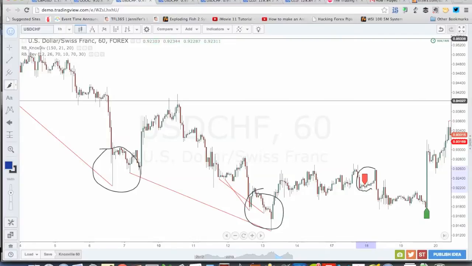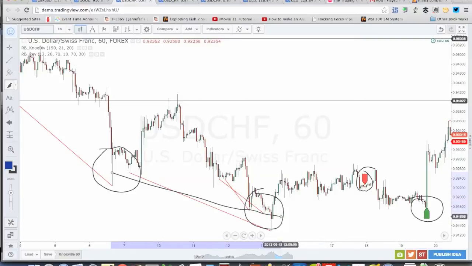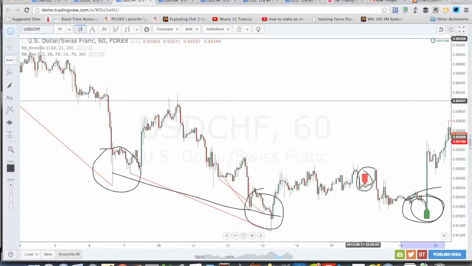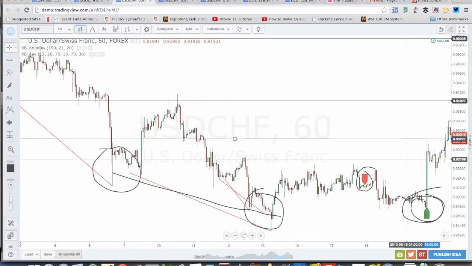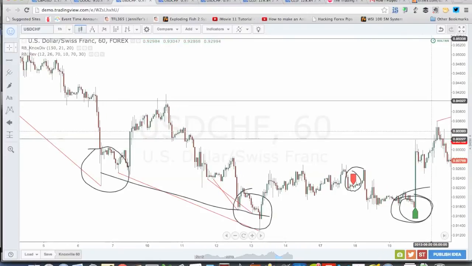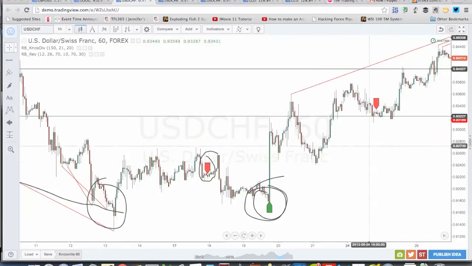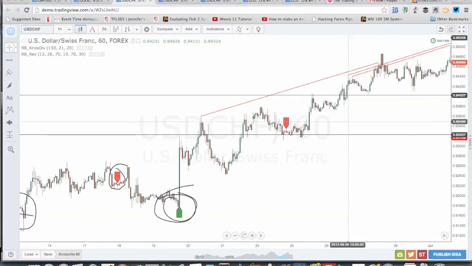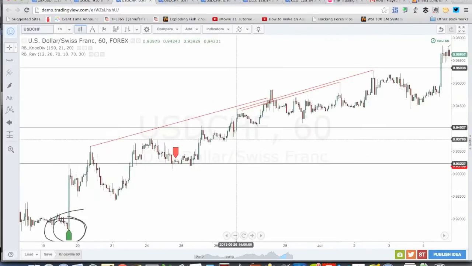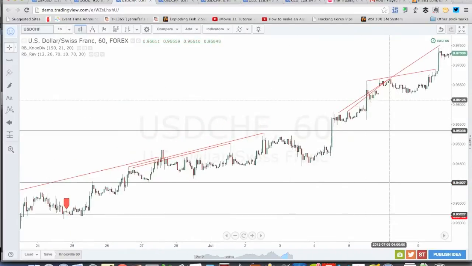Then you see a red tab for a sell trade. We don't want to care about that. And then you see a green tab for a buy trade. So we've got our divergences and we've got our green tab. And we grab a horizontal line tool and we draw a horizontal line over that level where the green tab was. And then we buy on that breakout and we ride that puppy upward. And that's delicious. So we look for places where there's divergence followed by a tab, and then we draw our